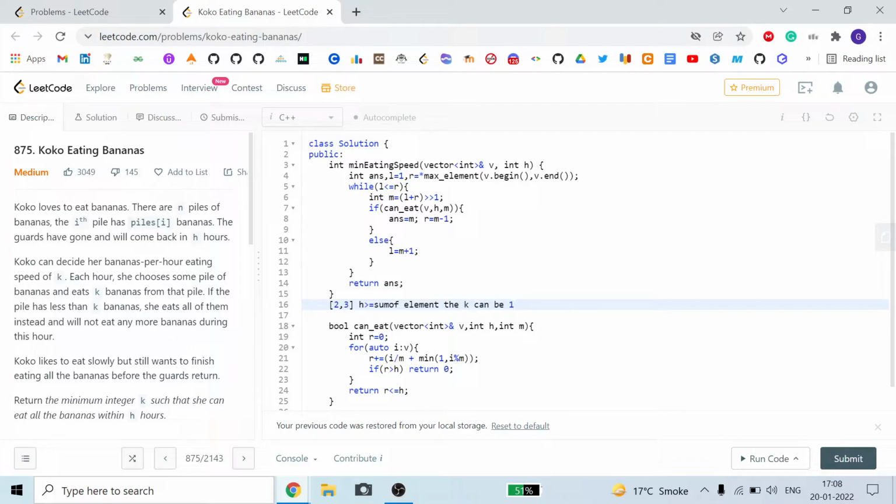So our minimum k can be 1, and the maximum k is when at each element we are giving only 1 hour. We have to give it 1 hour, because in 1 hour we can eat only from one specific pile.